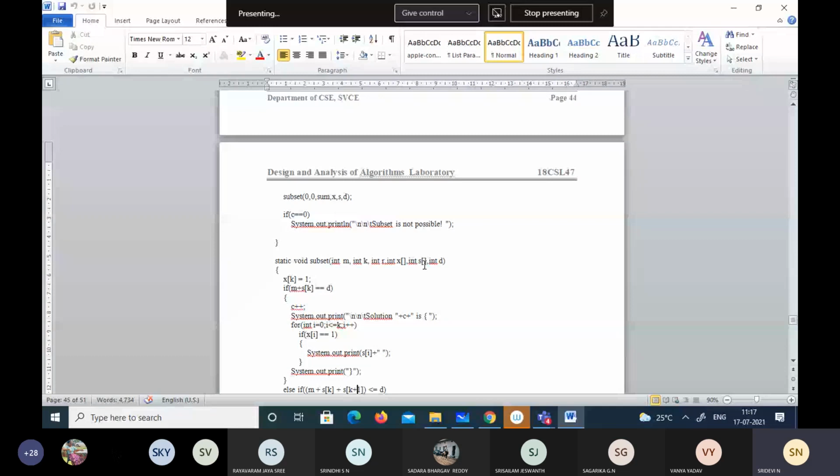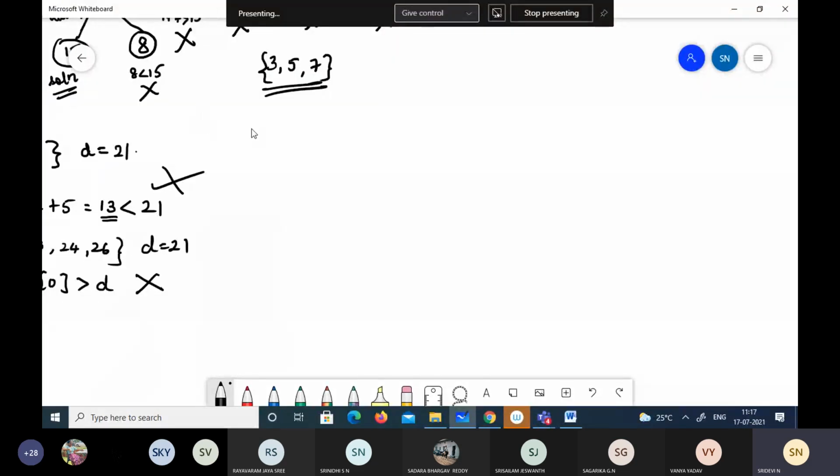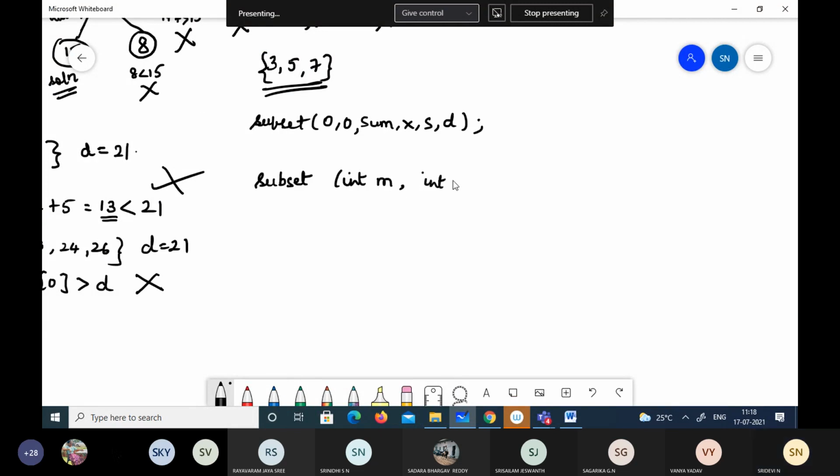Okay, now when the function subset is called, we have called the subset function and we have sent 0, 0, sum, x, s and d. This is the function call. And here in the function subset, we have assigned it to m and we have k, r, int, array, and we have this.